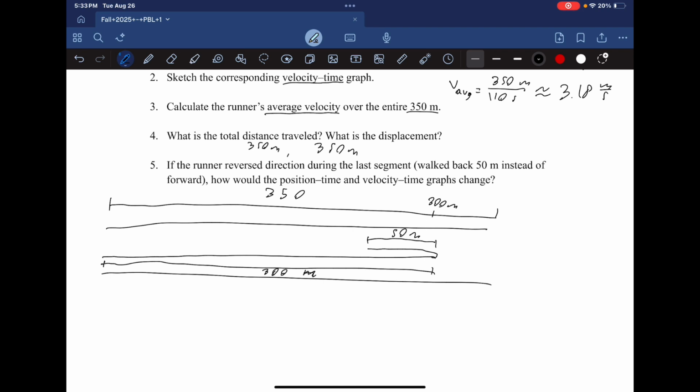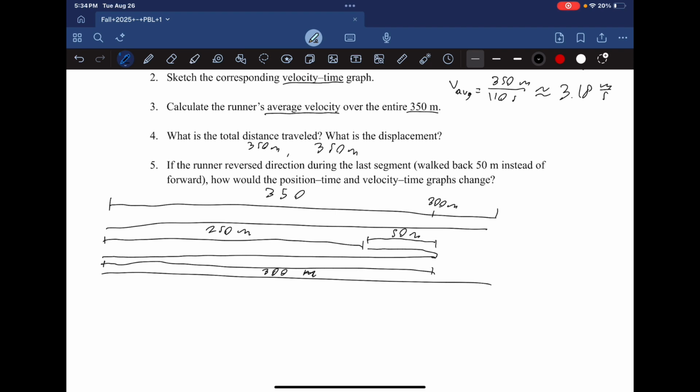And so the distance is 300 meters plus the 50 meters, which is 350 meters. However, the displacement is actually only this to this. So we have a displacement of 250 meters. This is going to change the position-time and velocity-time graphs because both position and velocity are vectors, meaning